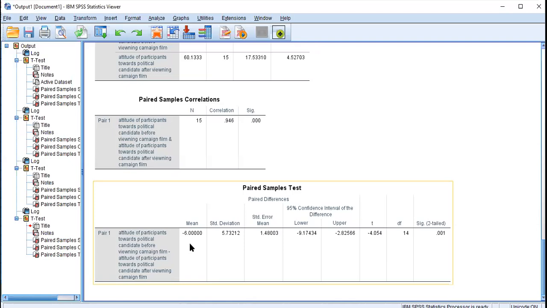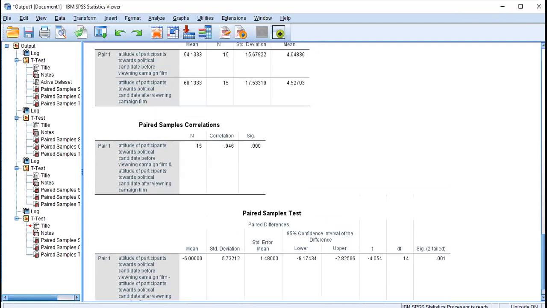Attitude of participants increased from the attitude they had before viewing the film (M = 54.13, SD = 15.68)